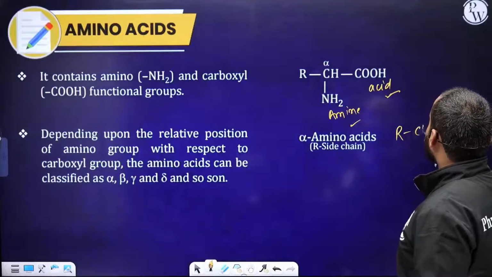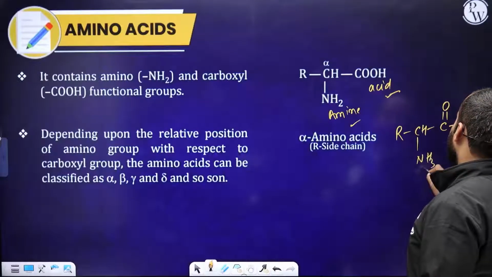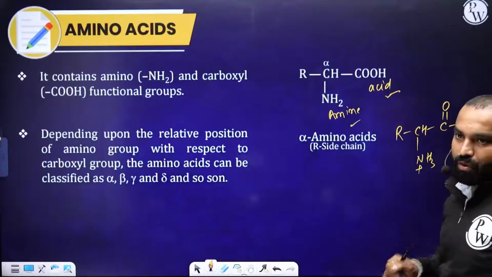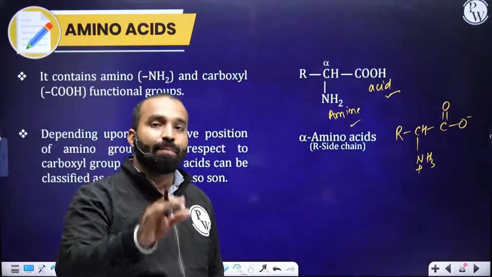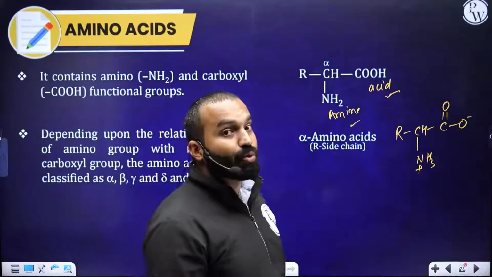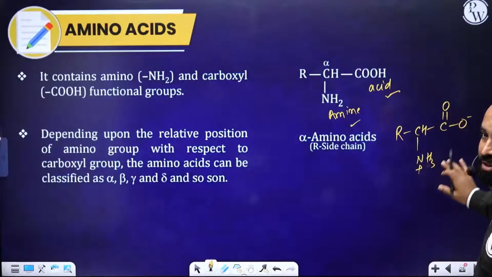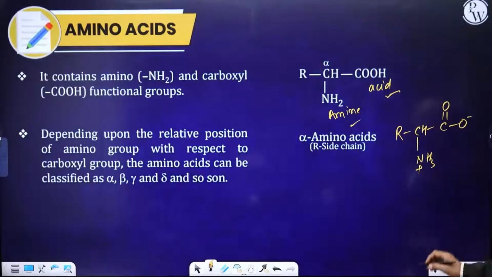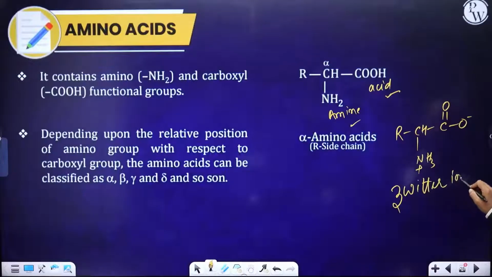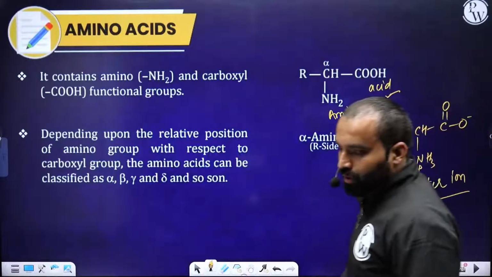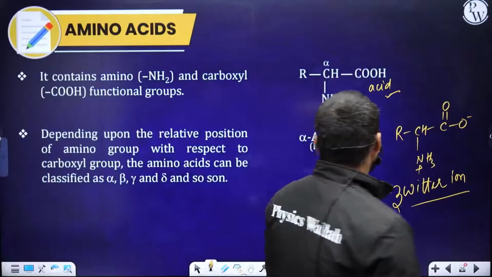And the real structure of an amino acid is not this one, rather it has a charged structure, NH3 plus and COO minus. Any molecule having a positive and negative charge together in the same molecule is known as a Zwitter ion. Zwitter means double. It has two charges, one plus and the other minus, opposite charges. This is given the name Zwitter ion. Not just amino acids, any molecule having plus and minus together in it is known as a Zwitter ion. Okay, guys.